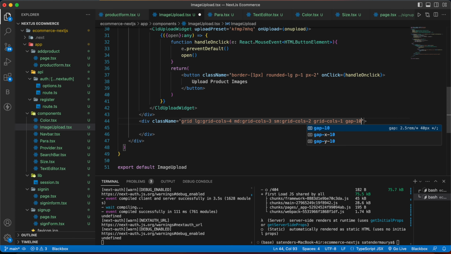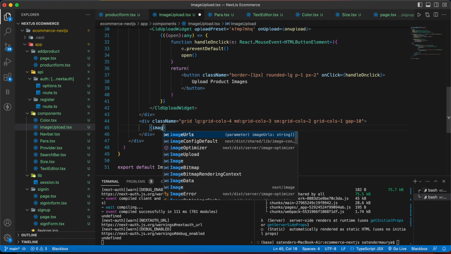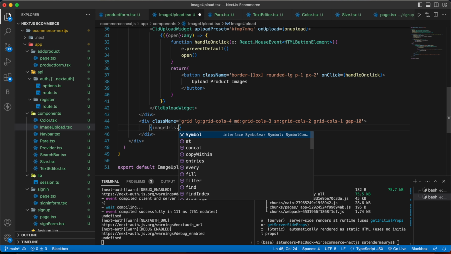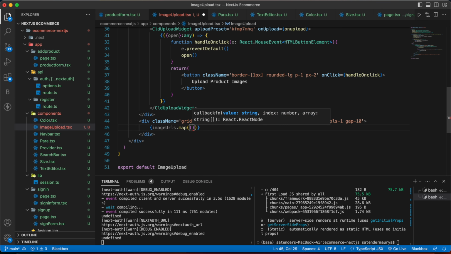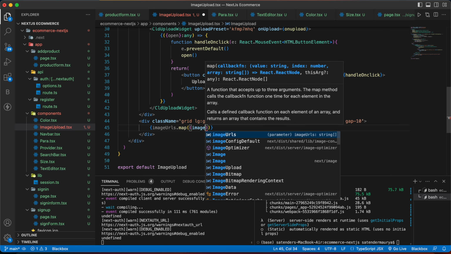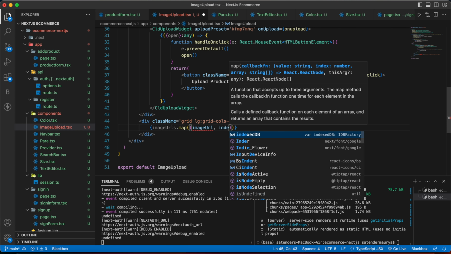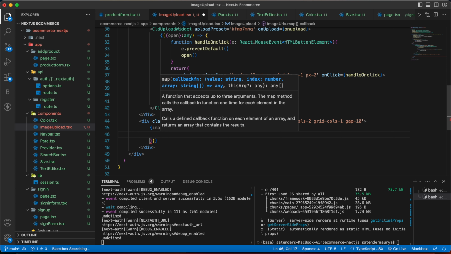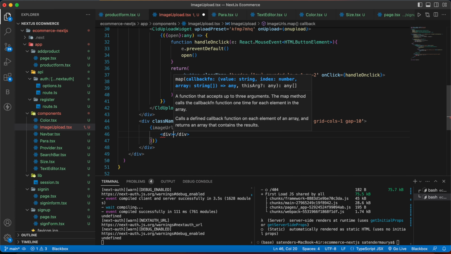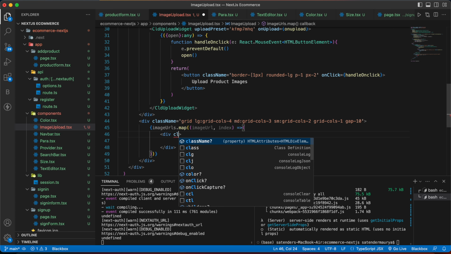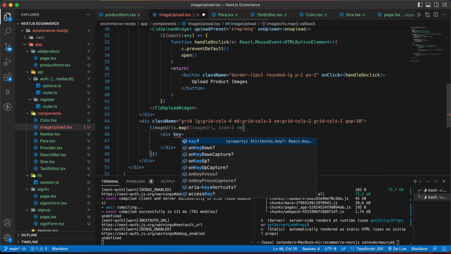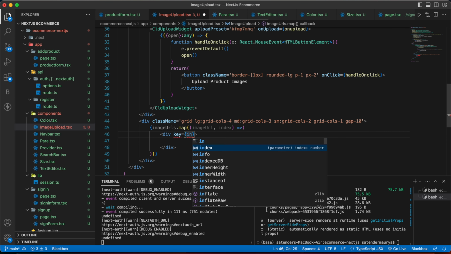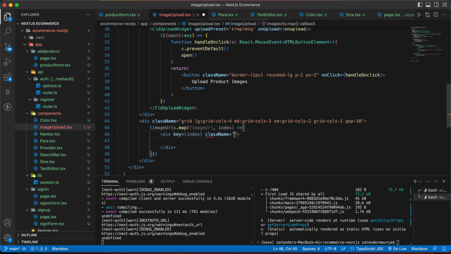Then give a gap of 10. Now inside this div we are going to map over the image URLs. So imageUrls.map. Inside that we are going to write imageUrl and index, then small braces and write div. Inside that we are going to pass key, which will be equal to index, and then a class name